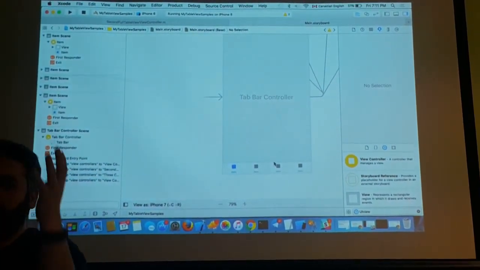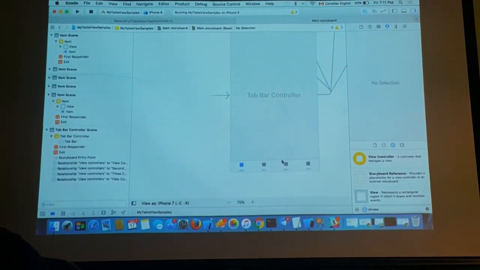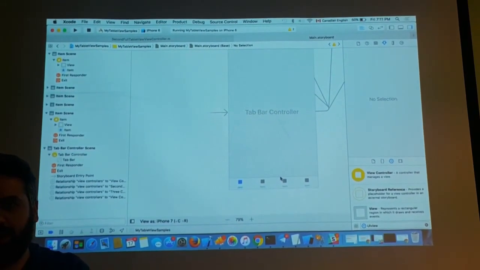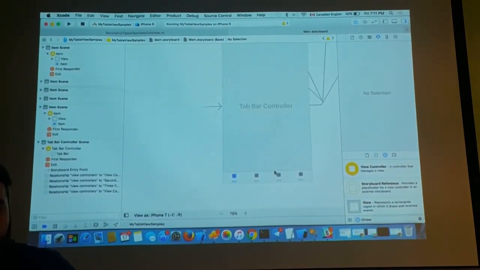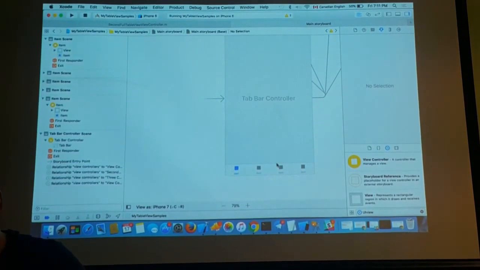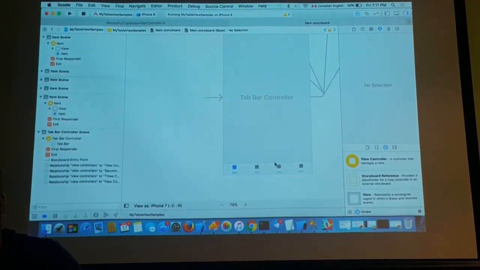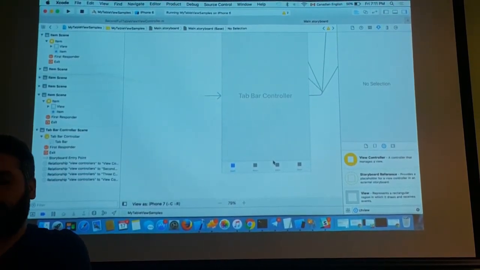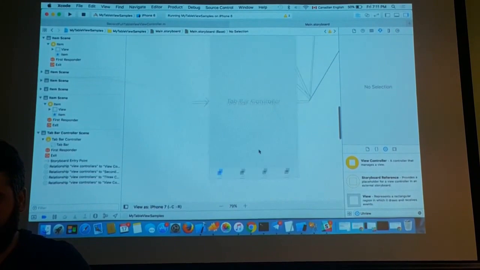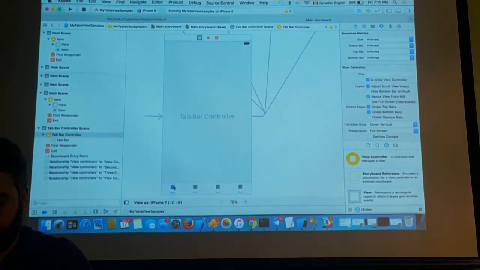The middle one is the bigger icon. They do some fancier stuff. If you want to do anything fancier than this, then you have to have a class, which is a subclass of UI tab bar controller. Then inside that one, you can do whatever you want. I'm not sure if you can play with the height of the tab bar though, because that should be a standard. So I'm not sure about that one. But other than that, you can change, you can give a,